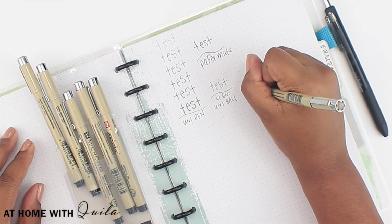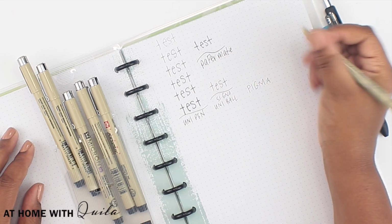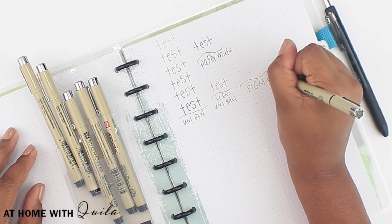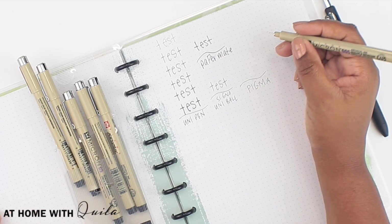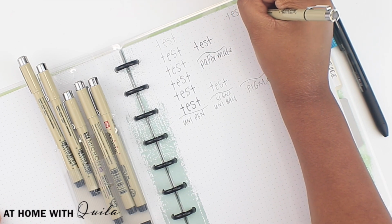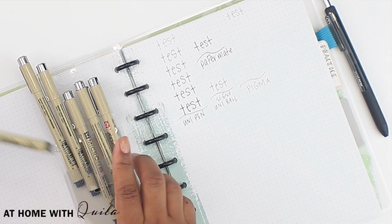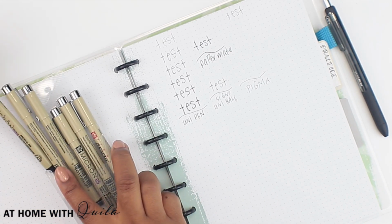Let me just write what it is. Pigma. I think these are more fragile as well. So yeah, I have to be really delicate with these. So let's start from the top doing a test. This is the, again, 005. And then this one is